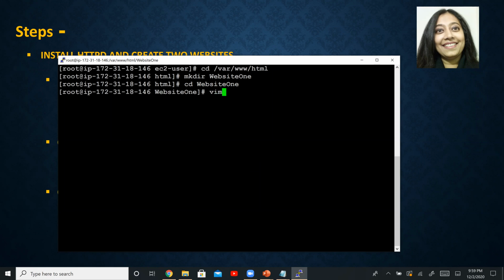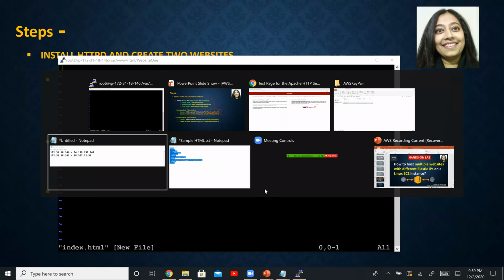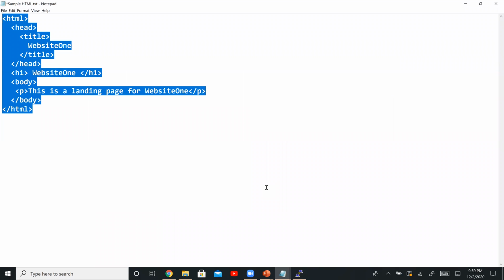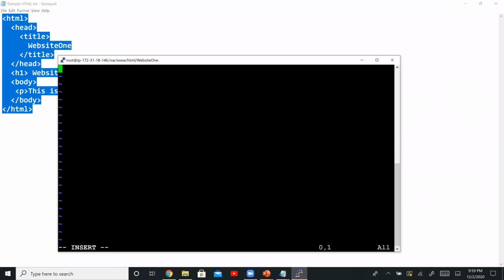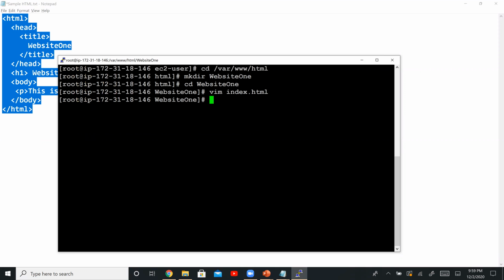Over here, we will create index.html. Remember that this is acting as our application. So hit enter, and I'm going to copy my sample HTML text right here. I think we are good. Let's save this file with :wq. And we have basically created our first website.